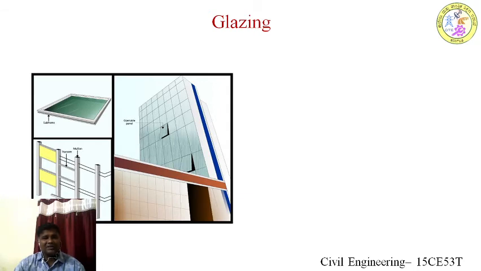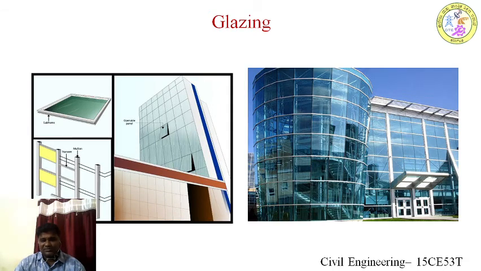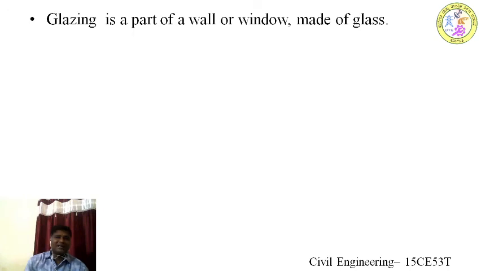And in today's faster world, to save time, to preserve the temperature inside the building, to maintain good temperature inside the structure, and for maximum usage of natural air and natural sunlight, we are going to use this glazing for the buildings. Again, glazing is a part of a wall or a part of a window. So the glazing usually consists of frames and glasses.